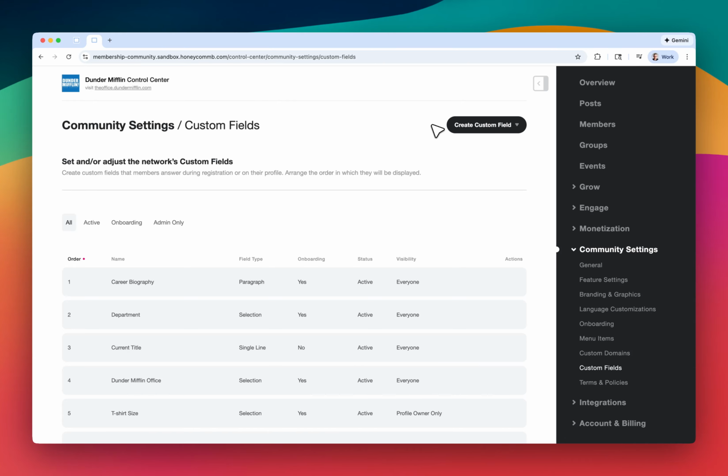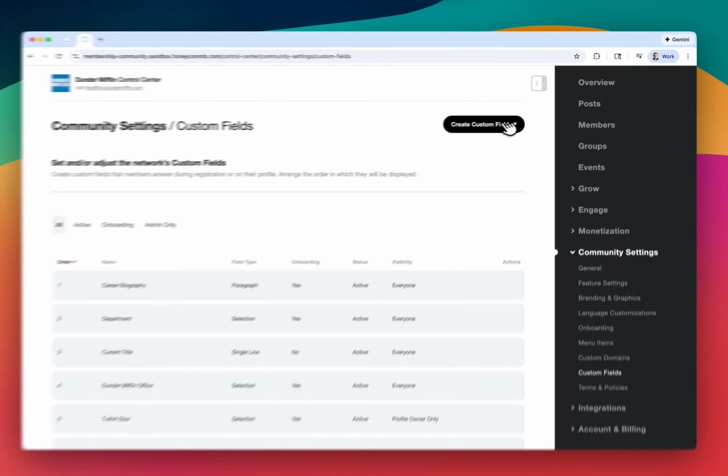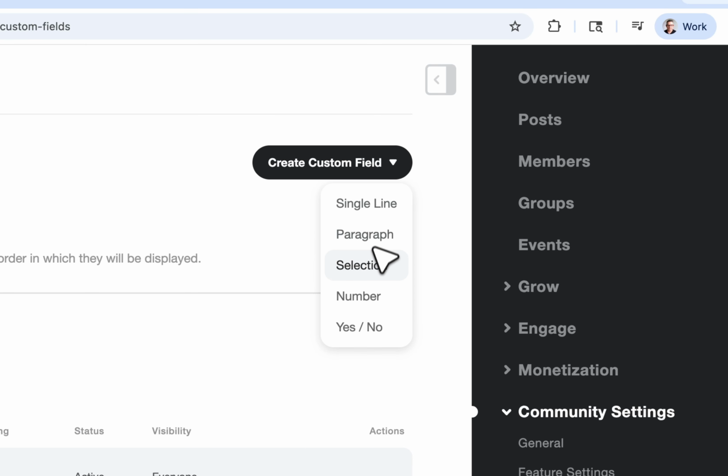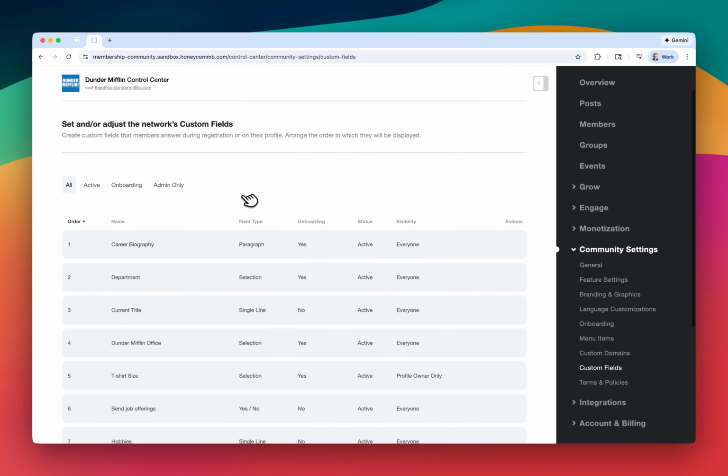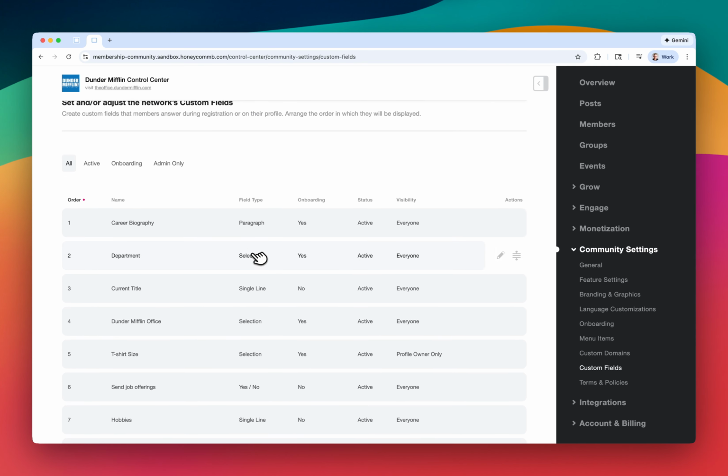Let's talk about how custom fields enable member directory filtering, something we're really excited to share. The story here really starts at custom fields. This is what powers that filtering, and it's really two types of custom fields that make this happen. The first one is selection custom fields, and then yes, no custom fields. And since we already have some custom fields here set up, let's jump into one and talk about how that